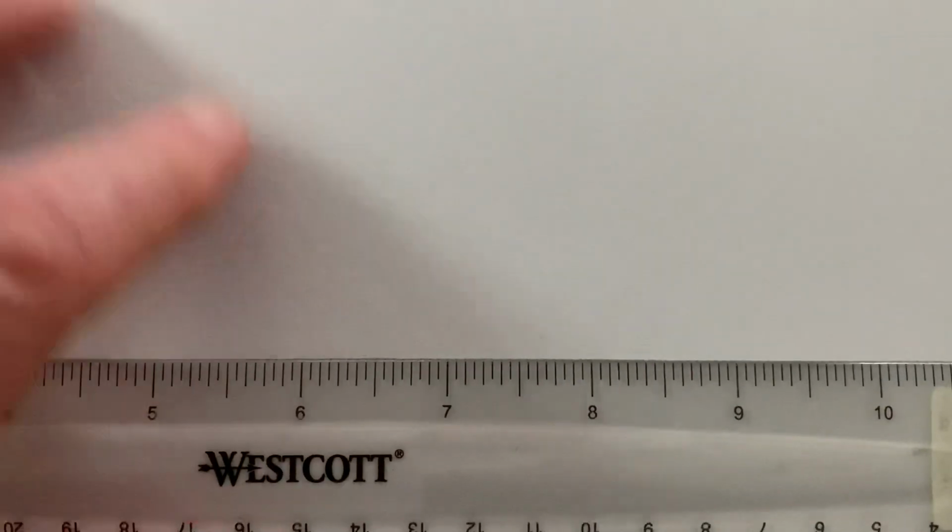So I'm going to ask you guys to do the following. Get out a piece of paper, and I'm going to turn my paper so it's going to be, now I'm going to keep it upright just like this. I'm going to keep it in portrait. And I'm going to draw a line right across the top of the paper here. There we go. Now I'm going to leave myself enough room so that if I have a protractor,